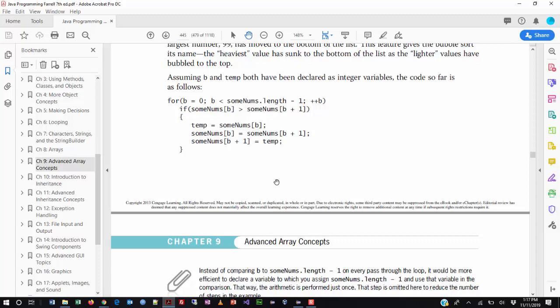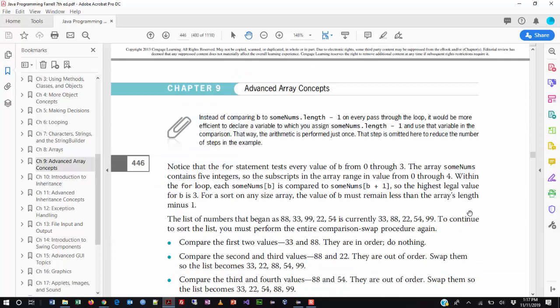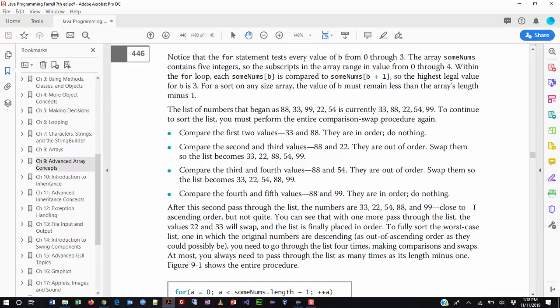And then we just use the algorithm that we have, just transposed over to these two values. So there's no real magic there, but that's what we're doing so far. The problem is this, that even though we went through the algorithm, it's still not sorted. So this is one of the classic problems of computer science. That's kind of funny. So in order to sort it, now you have to do it again,